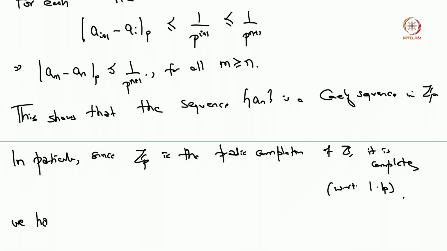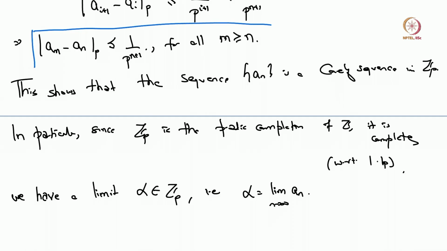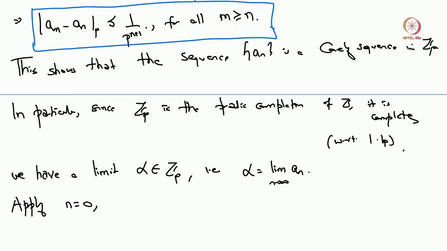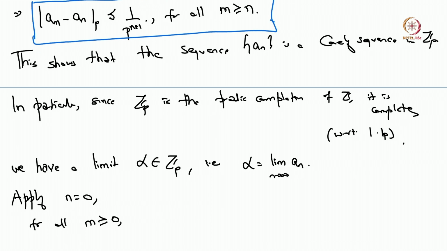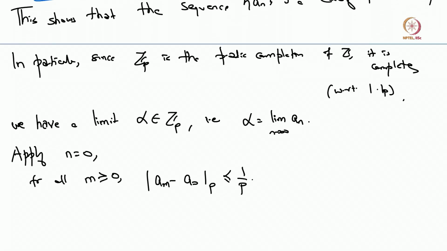So we have a limit alpha in Zp, that is alpha equals the limit as n goes to infinity of an. Now again, if you stare at this inequality and apply it for n equals 0, we get that for all m larger than or equal to 0, am minus a0 in p-adic absolute value is less than or equal to 1 over p. So in particular,